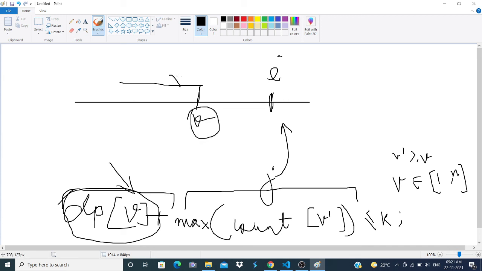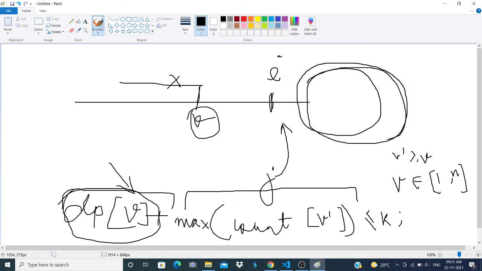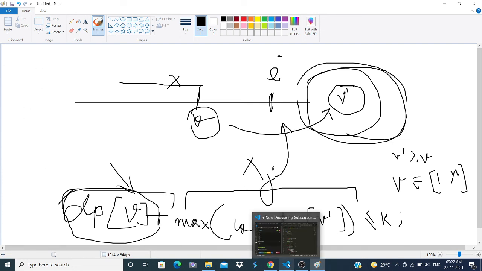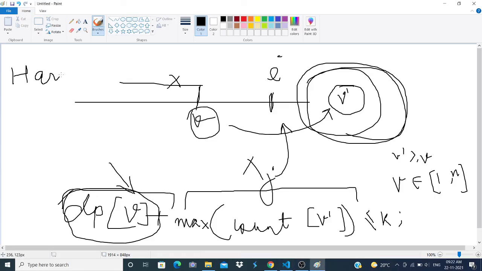So if the length of them is x, and whatever elements are left to be filled here, if any element, let's say v dash, which is greater than this v and also has a count such that the sum of this count and dp of this is greater than k, then yes, the condition is violated and you cannot place this j over here at that point. So this was essentially the main observation, and if you can see this, you will be able to solve this problem, right? It was a bit harder problem. It was not so easy to come up with, but yeah.